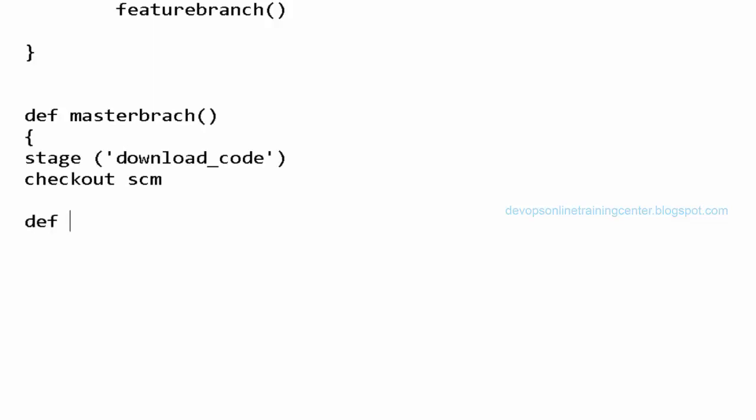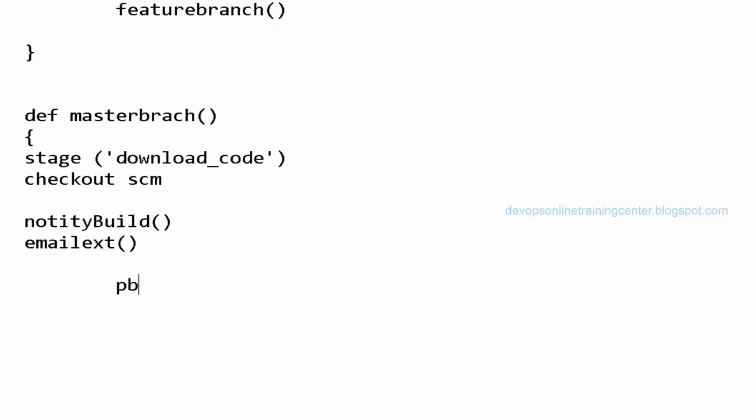So this way we can define the functions for all different branches based on the behavior. And another important thing is notifications, notify build. This is something like sending mails about the build success or failure. We can use different plugins for emailing, like email ext. There are some plugins and there is some syntax we need to define. We need to tell who all the users are. We need to specify a recipient list, the body and the subject. Then it will send an email about the build status, right?